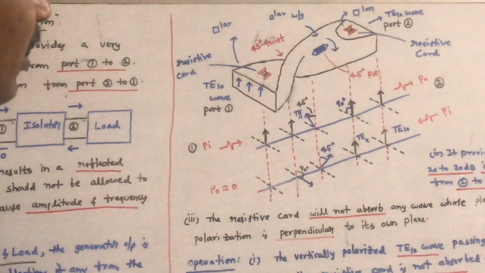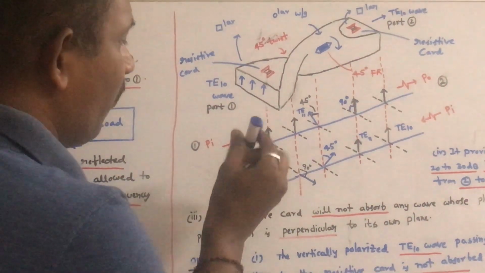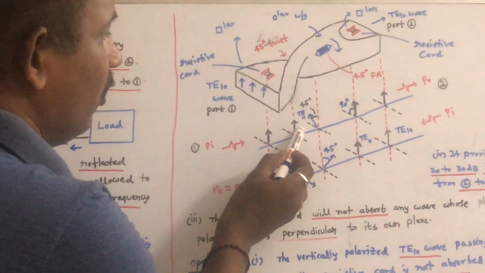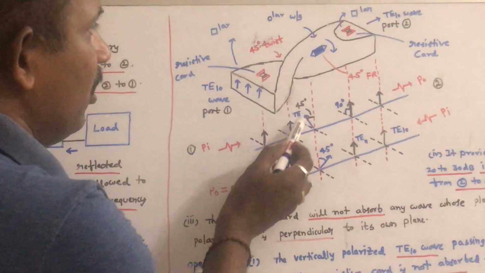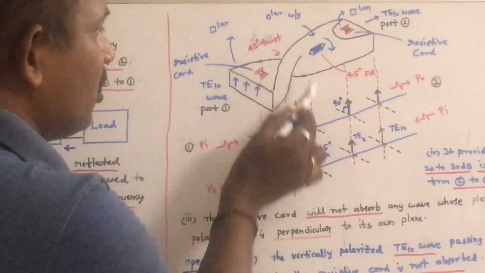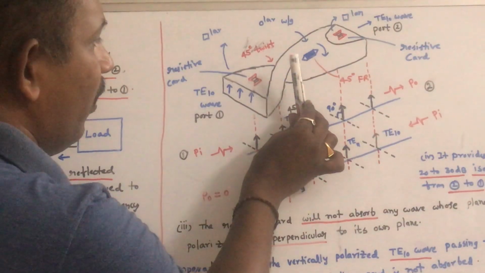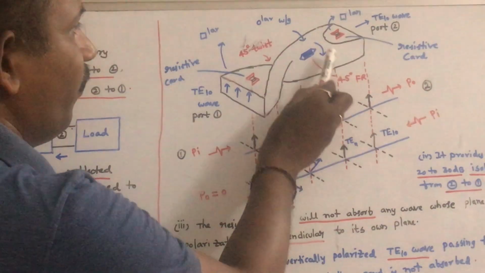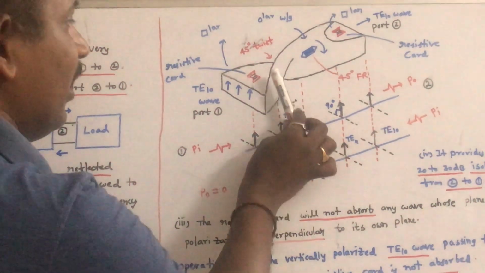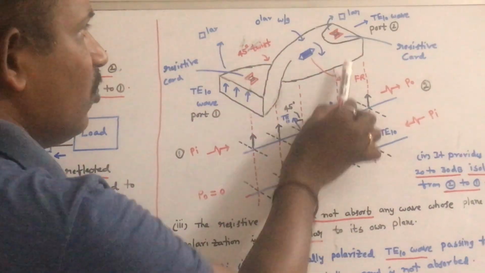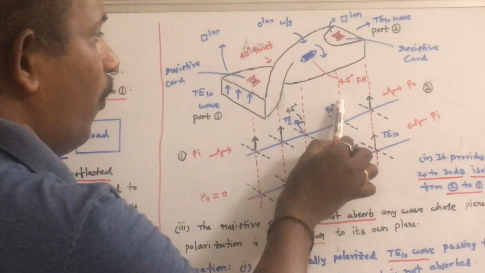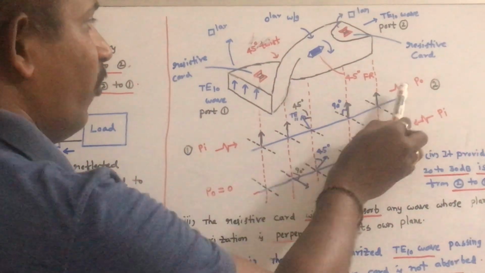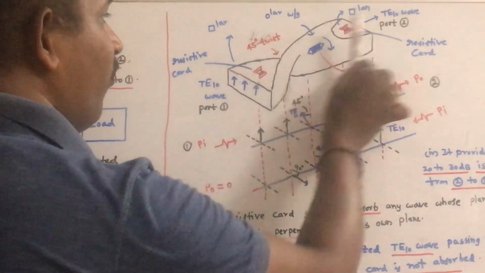See, this is the first diagram. In the first diagram, you can see that this is the vertically polarized wave. So this vertically polarized wave passes through the resistive card without any absorption of power. So because of this 45 degrees twist, this plane of polarization is rotated anti-clockwise by 45 degrees, and then it passes the ferrite rod. This ferrite rod will rotate this in clockwise direction by 90 degrees. So therefore this polarized wave will come at port 2 with the polarization same as that of the input wave. So therefore, this is when the wave is traveling from port 1 to port 2.